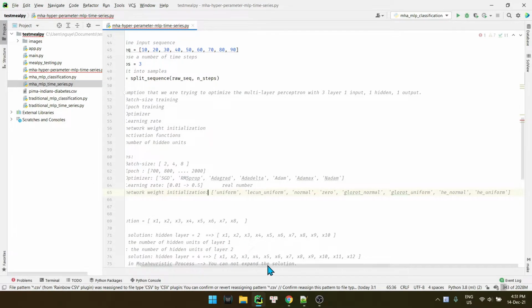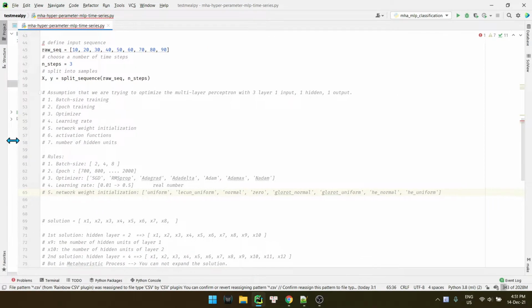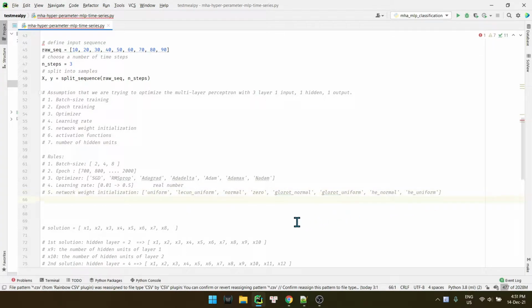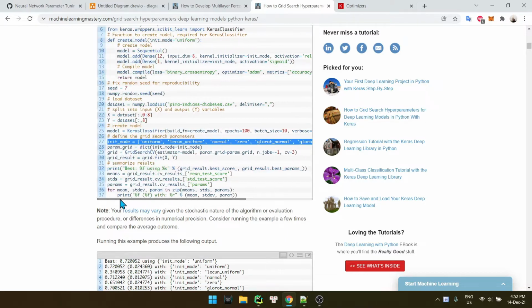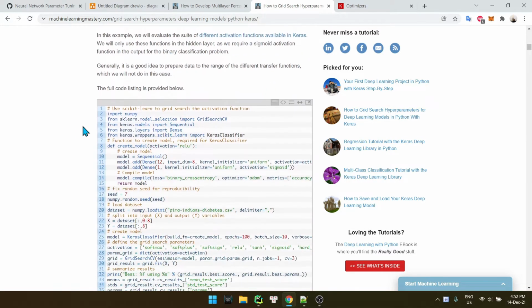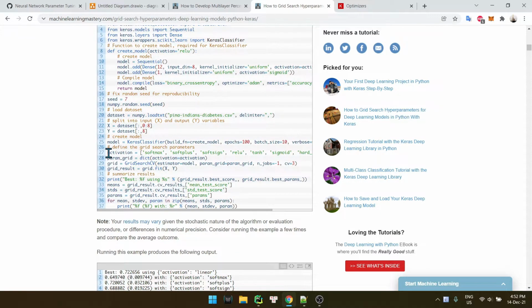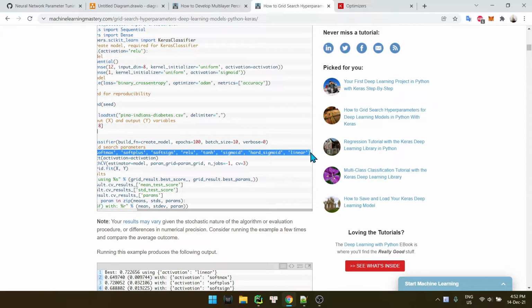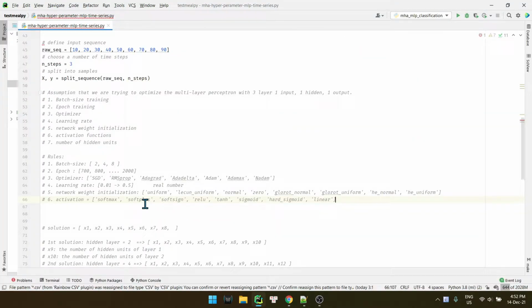The mode for initialization, with a lot of modes, right? Then the activation function. All right, we have the activation function, and so we have the number of hidden units.